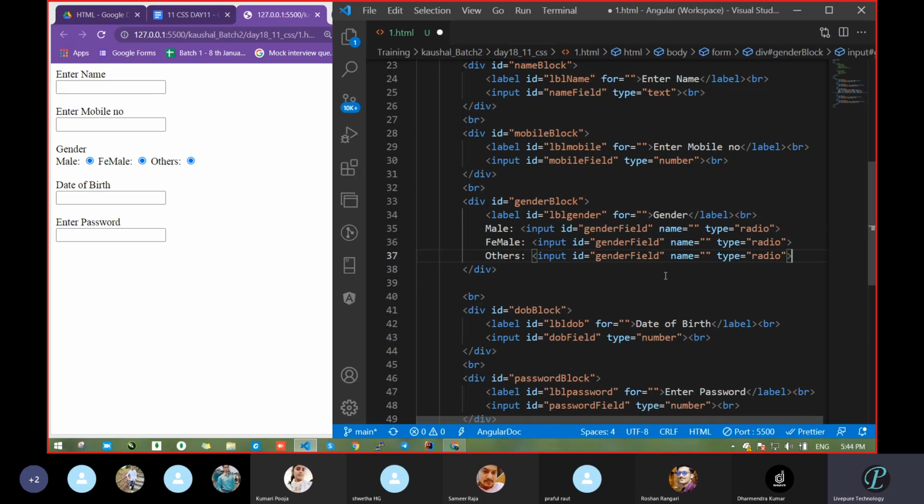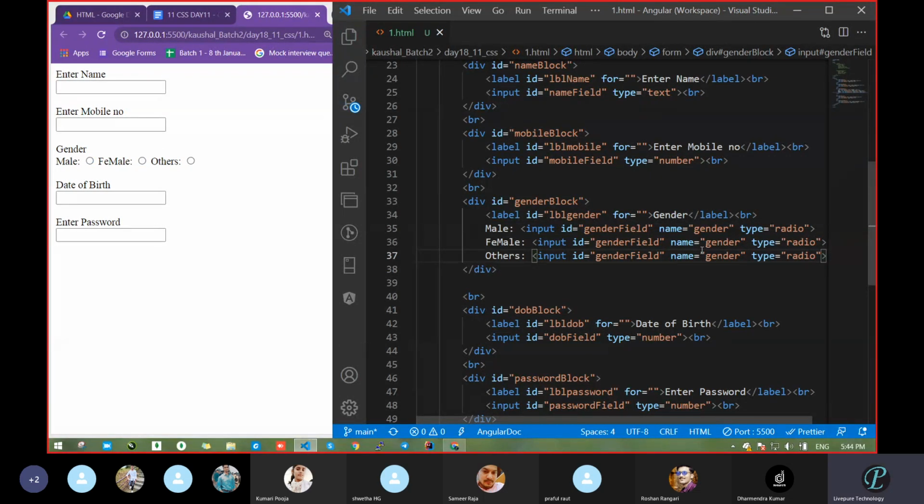So in that case, we have to tell that all three are for the gender part. We will do that with the help of the name property. In the name property, we can pass anything, A, B, C. I will pass gender. Fine. I passed gender. Copy this complete name property and pass it below also. Do the same thing here also. Okay, now done.